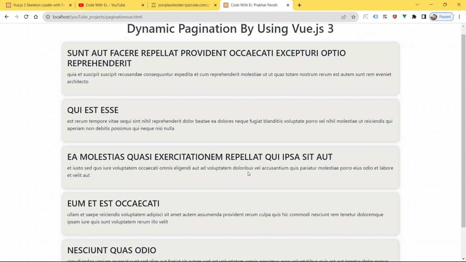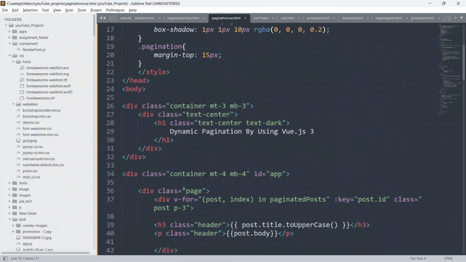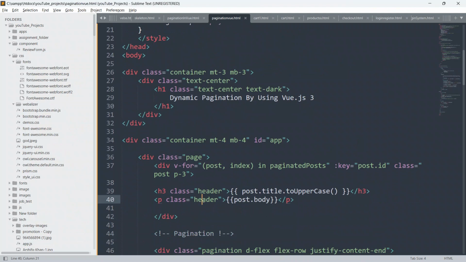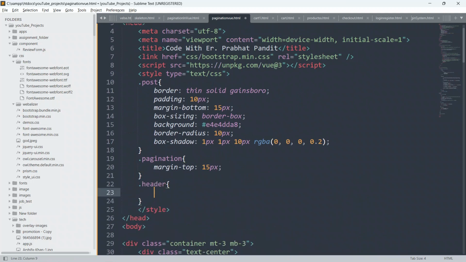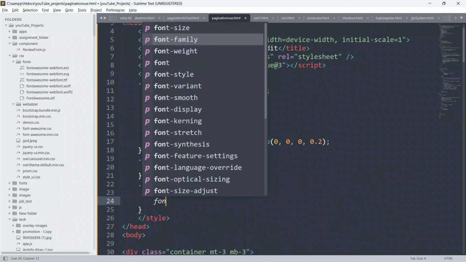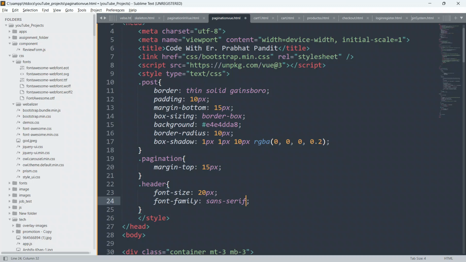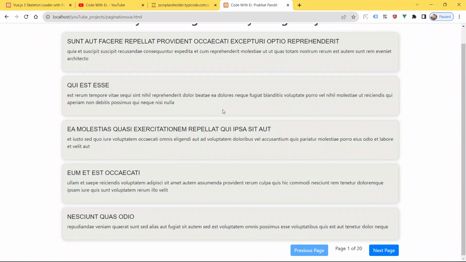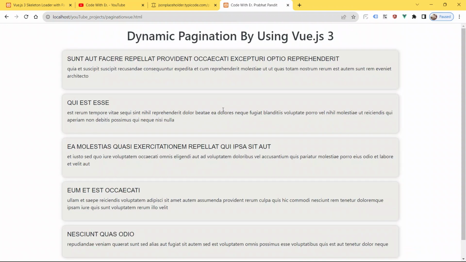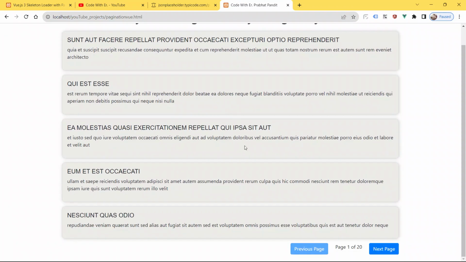See, okay, just let me copy this header class from here. Okay, so give this as a subheader. So copy this header class from here, and just go and give font size, okay, as 20 px, and give font family also as sans serif. Okay, so now save your code, go to the browser, and now refresh the page. Okay, so guys, now our application looks a little bit dynamic and a little bit innovative also.